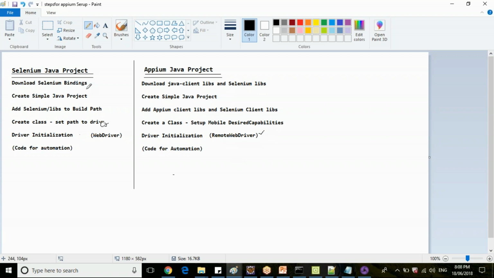So if you see here, there are 6 steps which are for Selenium and APM here. Out of that, only 2 steps are different, rest all the same. So this setup mobile desired capabilities and your initialization is remote web driver.